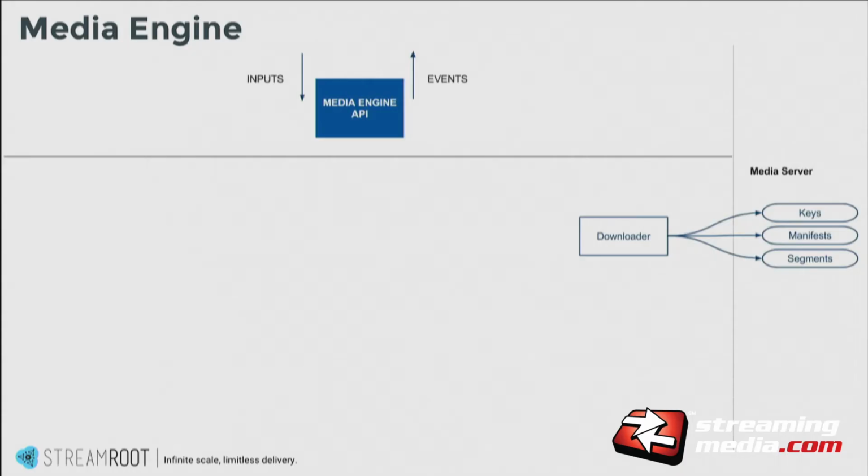It downloads any DRM keys that you're using, and it will also download the actual media segments. The downloader plays an important role of handling all of the errors and retries, and it also collects a lot of statistics on the available bandwidth that are then used afterwards by the ABR controller, which we'll talk about in a minute. And this is actually where we add StreamRoots